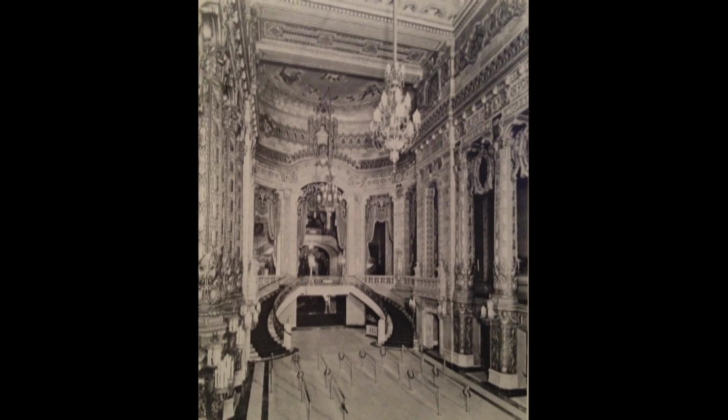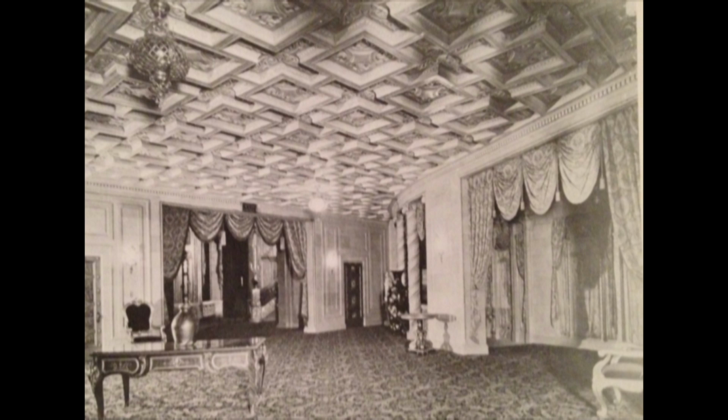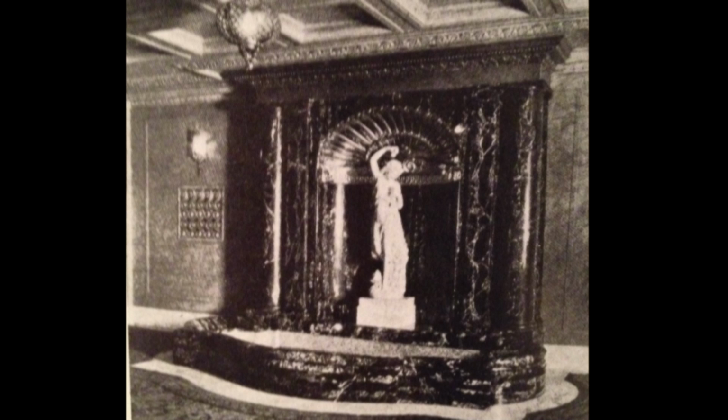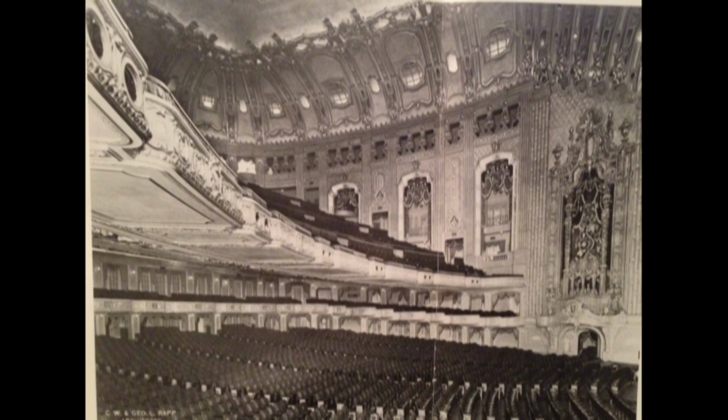The owners, Balaban and Katz, and designers C.W. and George L. Rapp had never made anything like this before, nor was it ever to be replicated again. The architectural style was Spanish Baroque, influenced by the Spanish Renaissance. The theater gave off the feel of a castle in old Spain, with carved marble, large columns embellished with shields, mural paintings, griffins, heads of laughing kings, and classic Spanish women